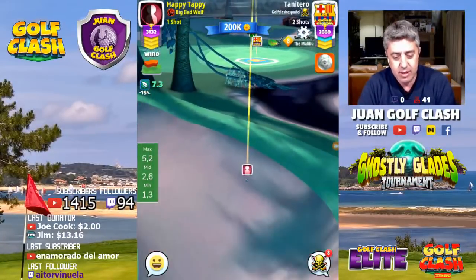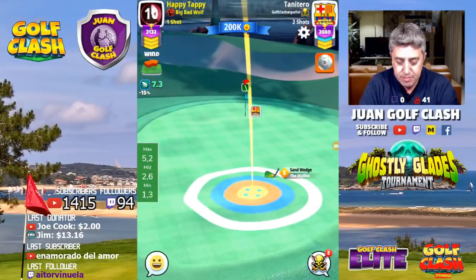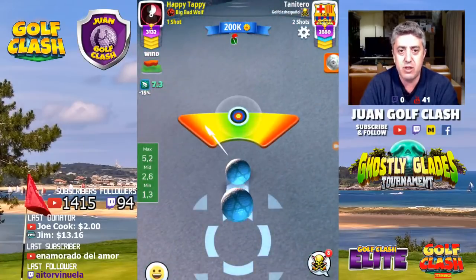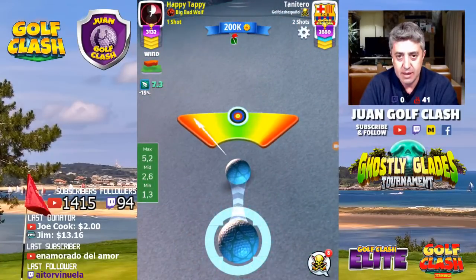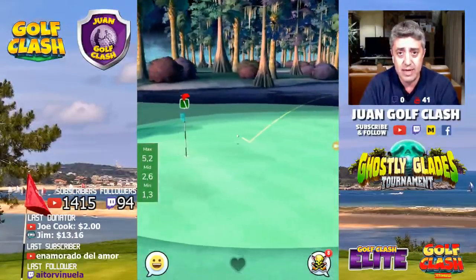As you can see on this view, the green is very, very bumpy. So not easy to make chips on this one probably. And regarding the chip shots, one of the things I've been analyzing in the game in the last 2 weeks after the update is that